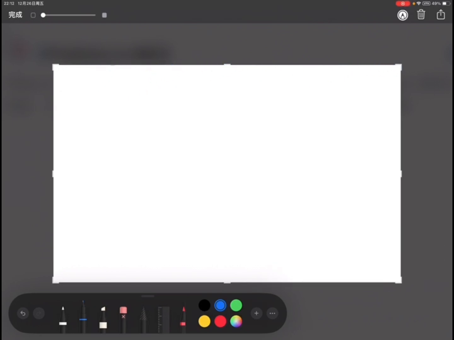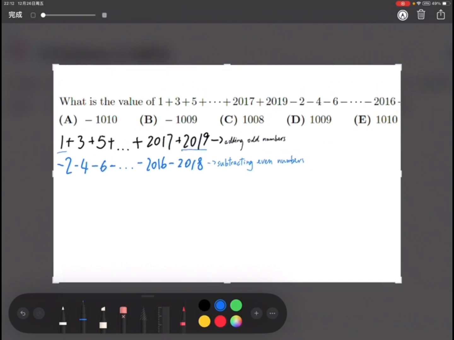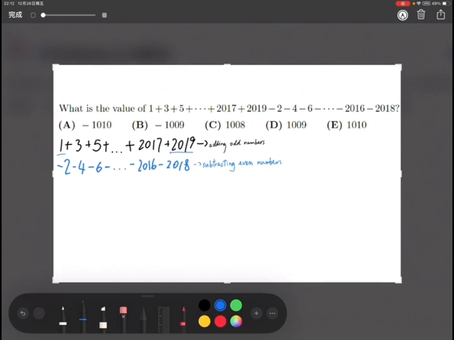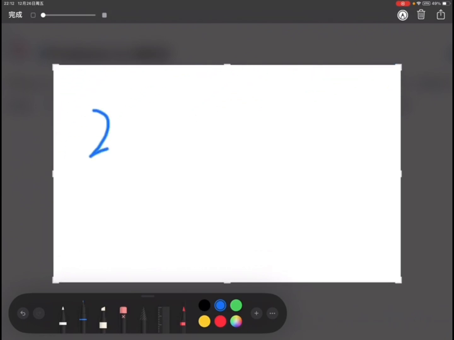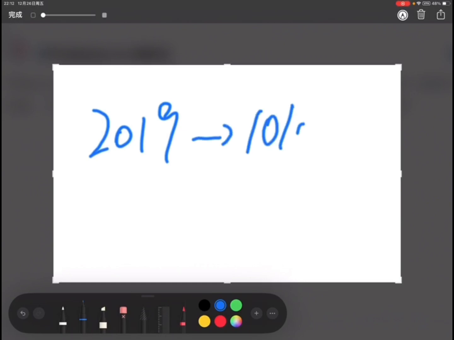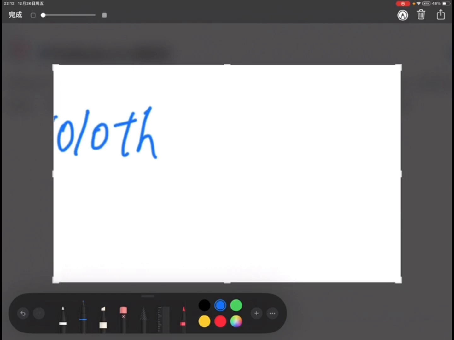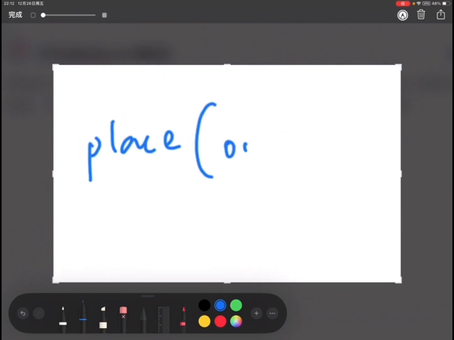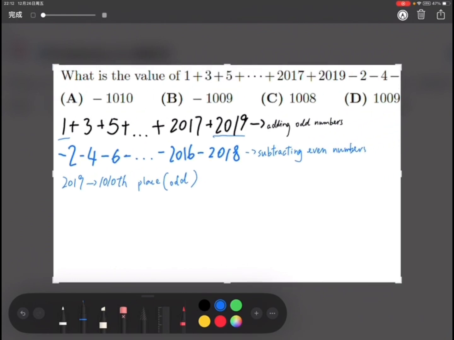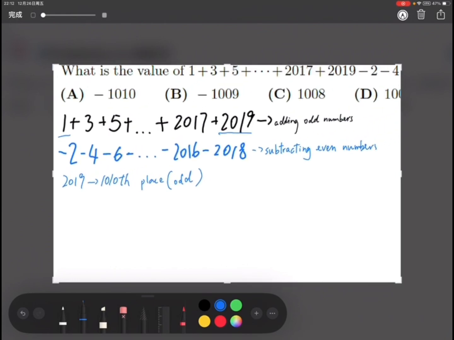And from there, we could see 2019 is, let's write this, the 1010th place odd number. So we could say that in this part of the equation there are 1010 numbers,